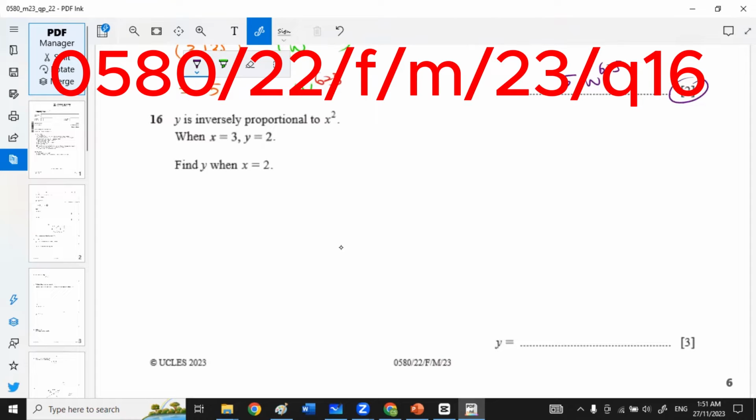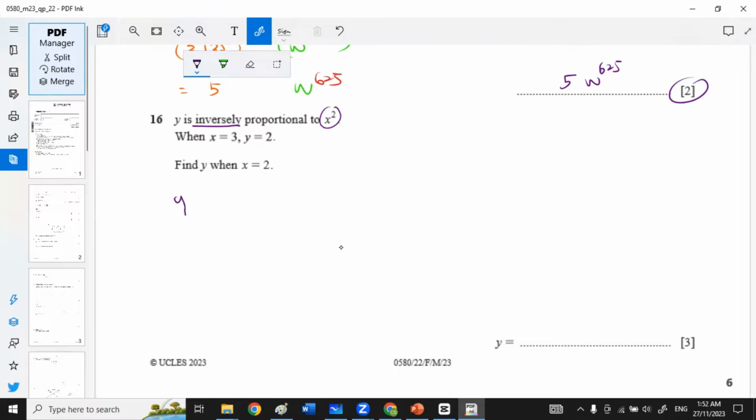16. y is inversely proportional to x squared. So y is equal to k over x squared. This is inverse. If the question gives you direct,